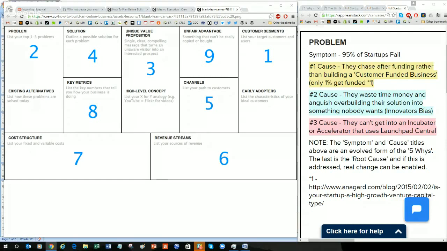We talked about that in the last session. And so we talked about the minimum revenue product. If we were to do our own canvas, we would put minimum revenue product in here. And so you can get the learning that you need.